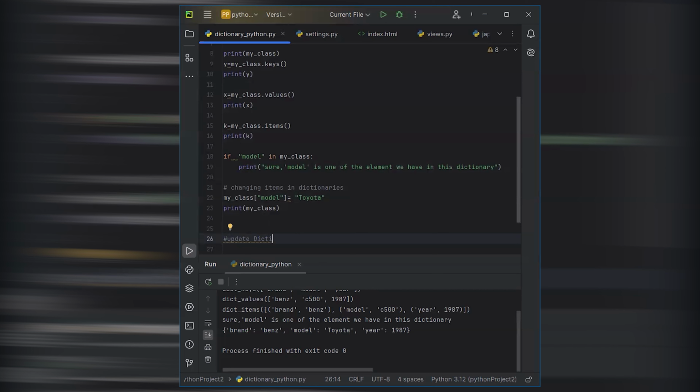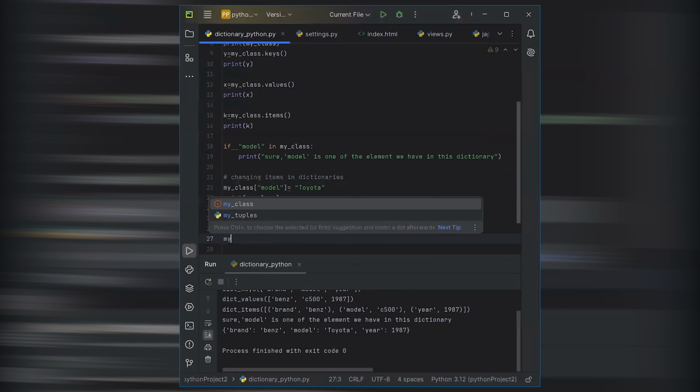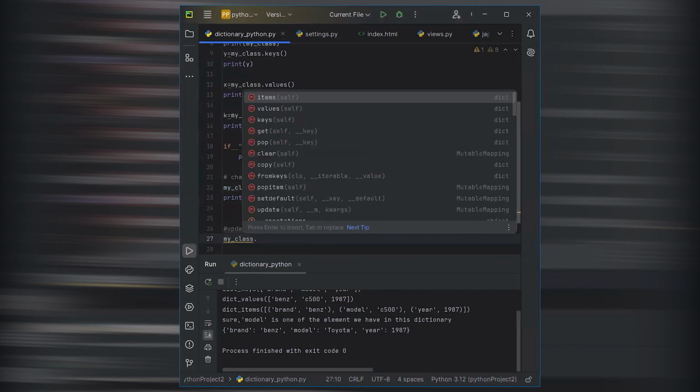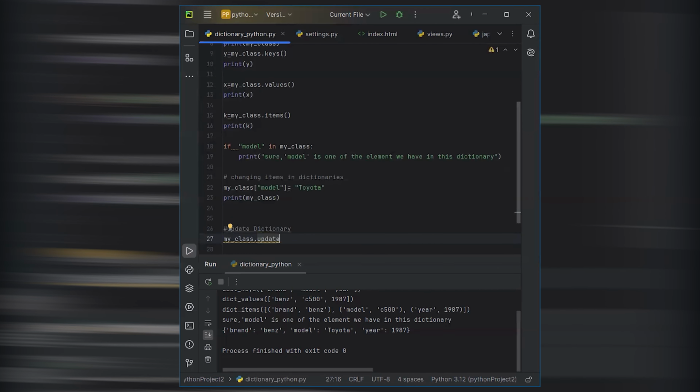When you have created your dictionary and you want to update it, how do you make it work? In order to update your dictionary, you can just say my class dot update,